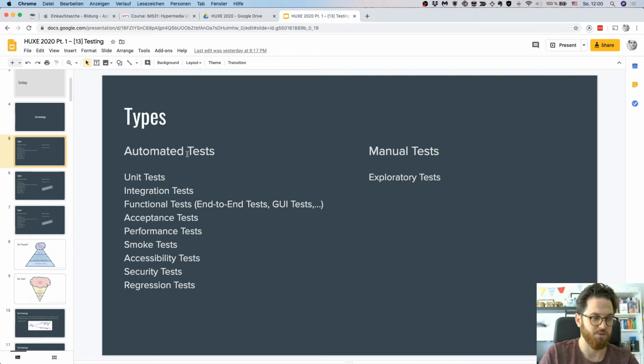Now, automated tests can also be one of a few things. So this is not a complete list, but the most often heard terms are unit tests. Unit tests should be small and fast and only test a unit of code. Then there are integration tests, which test if some units work well together. Then there are functional tests or GUI tests or end-to-end tests or black box tests, whatever you might call them. There are acceptance tests, which focus more on how something behaves and if it behaves in the way the specification or the users need